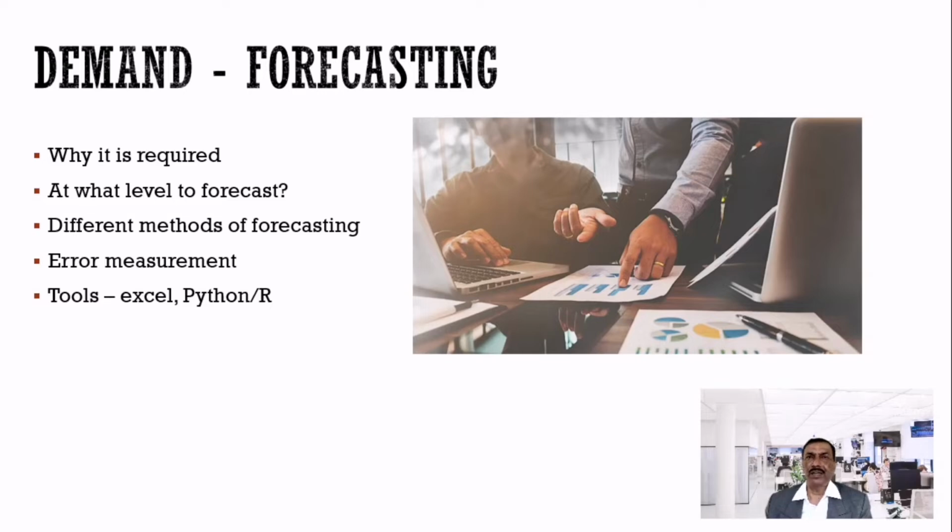Whereas in quantitative forecasting, you use numbers, what has happened in previous time periods. That's where something called time series data comes in. You have data for the previous 3 years, 5 years, 10 years, so you try to find the pattern in the data and see how you can extrapolate